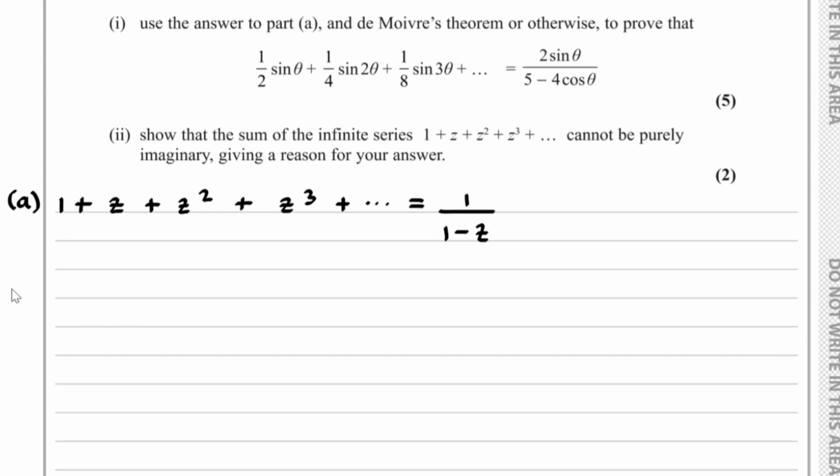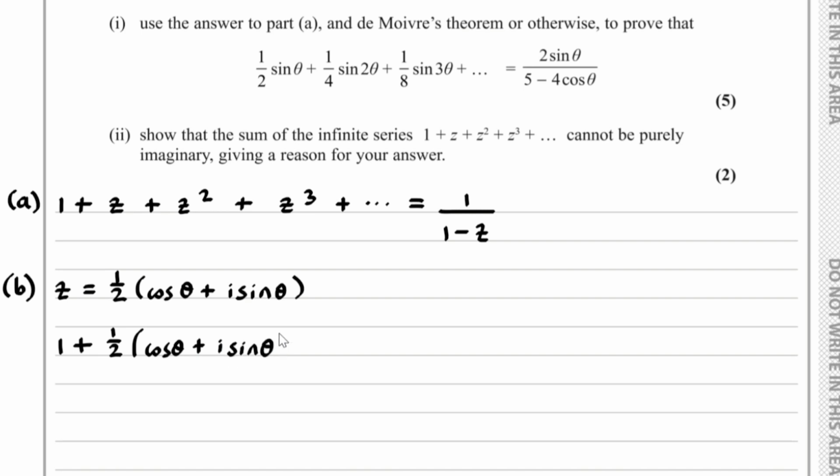Well, for part B, we're given z equals 1/2 times cos theta plus i sine theta. If I substitute into the left hand side, we have 1 plus 1/2 (cos theta plus i sine theta) plus z squared. So we add on 1/2 (cos theta plus i sine theta) squared,